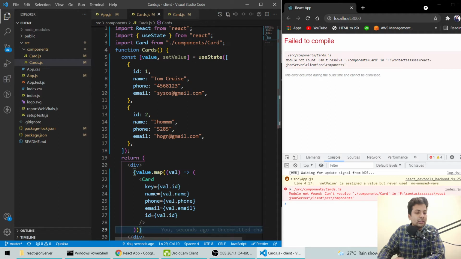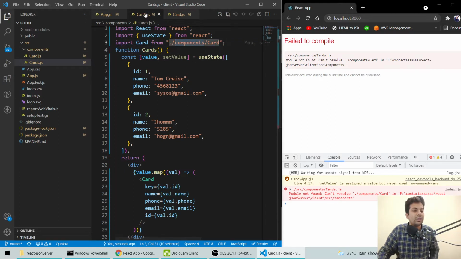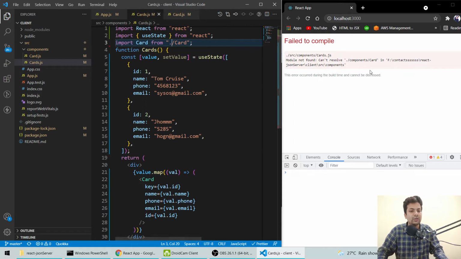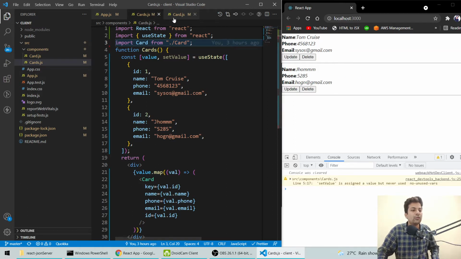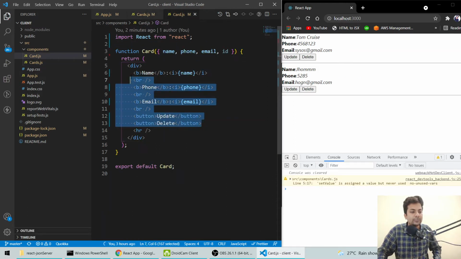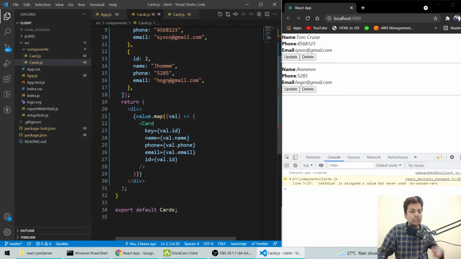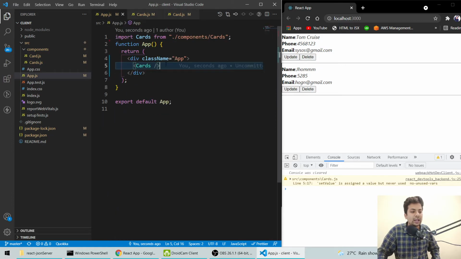Okay, this time it's not working, because we made the cards file in the components folder only, so we don't have to write components, we can directly import cards. Save it. See, the data came back. So what's happening is this is the blueprint of how our data should look. Then cards is mapping over the data, rendering two times, and we are directly importing it in here.